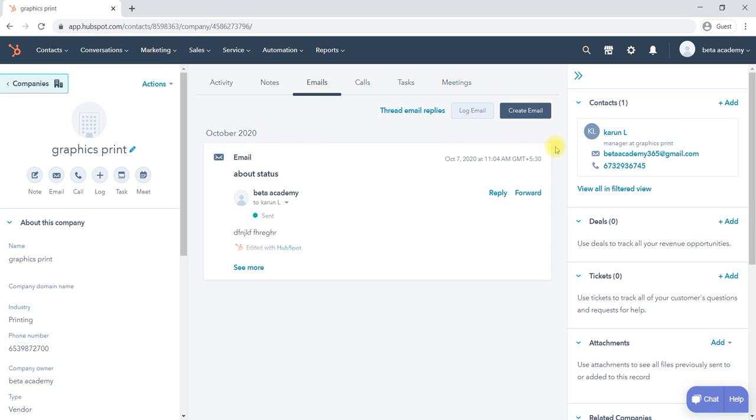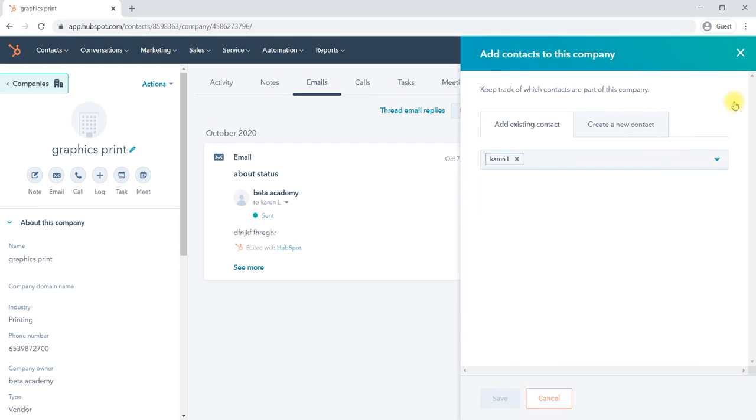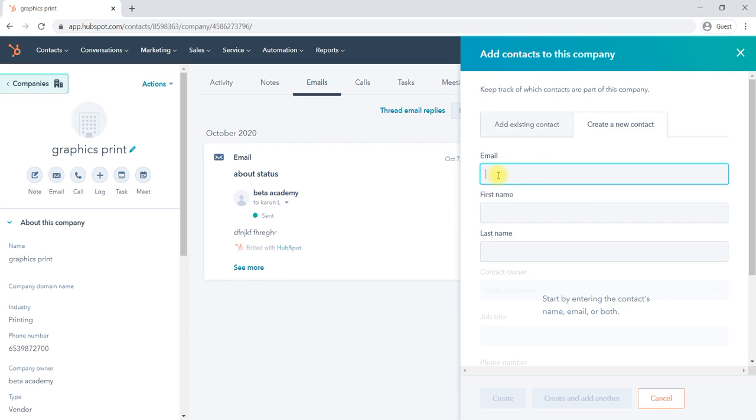If you would like to add one more contact to this particular company, we have to click Add. It is not an existing one, we would like to create one, so create a new contact. Enter his name.